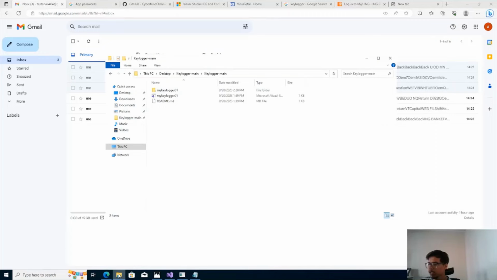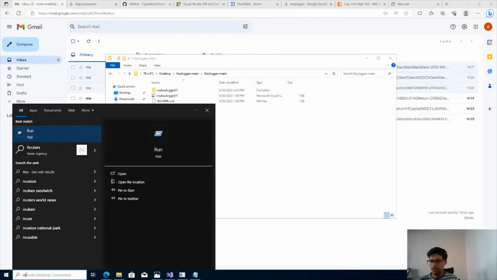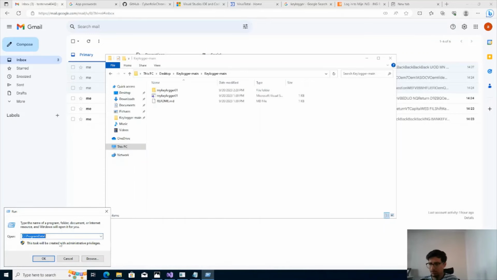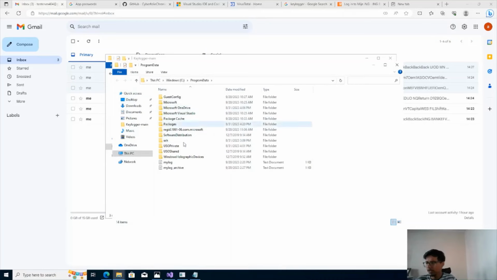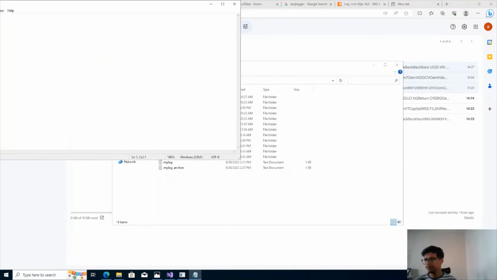If you want to check, you can look wherever it's stored. When the size reaches 300, it saves into the log archive and then sends it. So now let's go again into Notepad